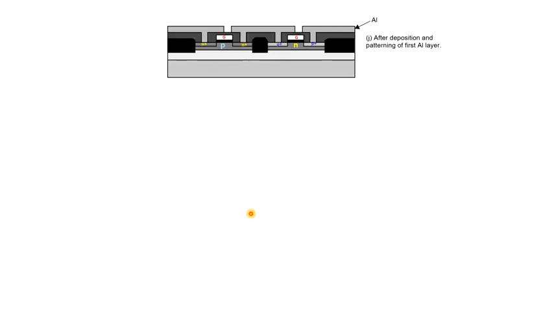Let's check how it looks. So you see here, these are the metal lines, the metal that we have deposited all over, and then made a pattern of it, right. You see, initially it was continuous everywhere, and then we etched the metal from this region and this region. This is the underneath layer, the silicon dioxide that we have deposited, and this was the silicon dioxide that we used to fill this trench. You remember all this process, right?